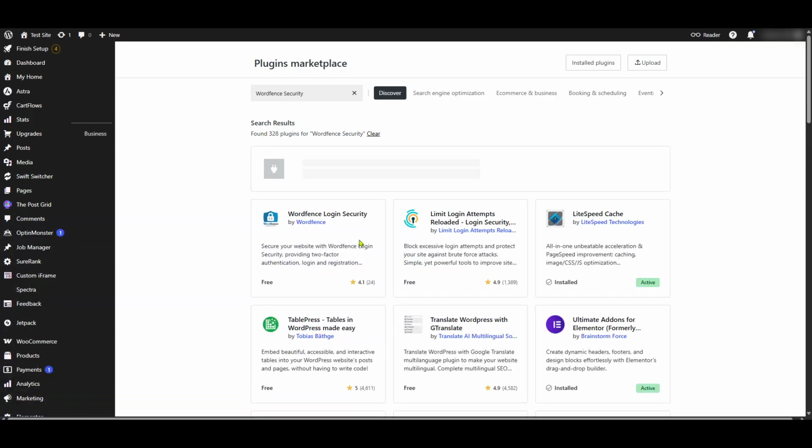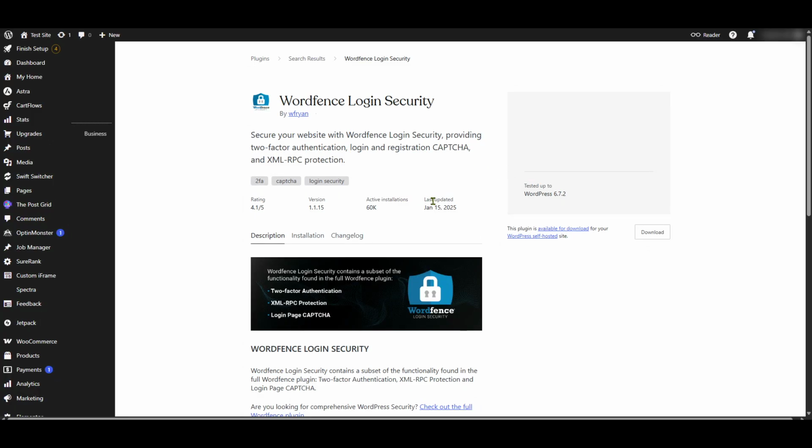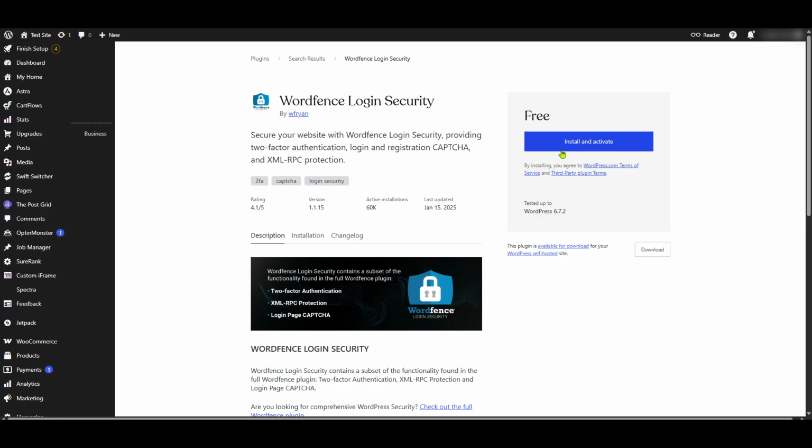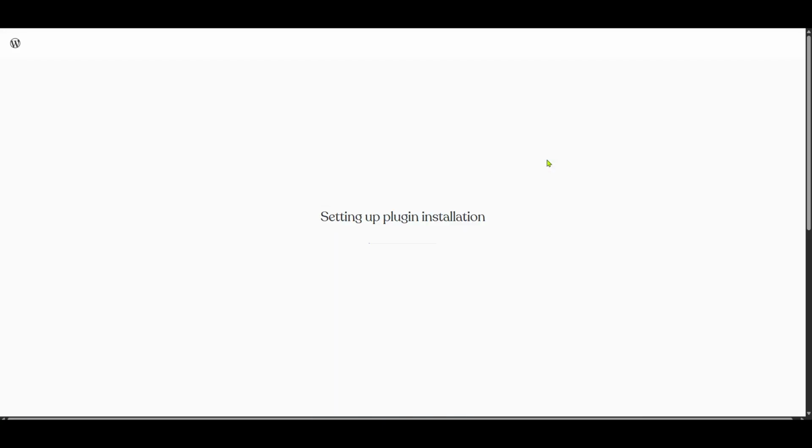You'll find reviews and an overview of its features, which should give you confidence in its capabilities. Once you're ready, click on the Install button. After a few seconds, this button will change to Activate. Click Activate to initialize the plugin. Activating Wordfence ensures that it starts protecting your site immediately, conducting a deep scan to identify any potential threats or